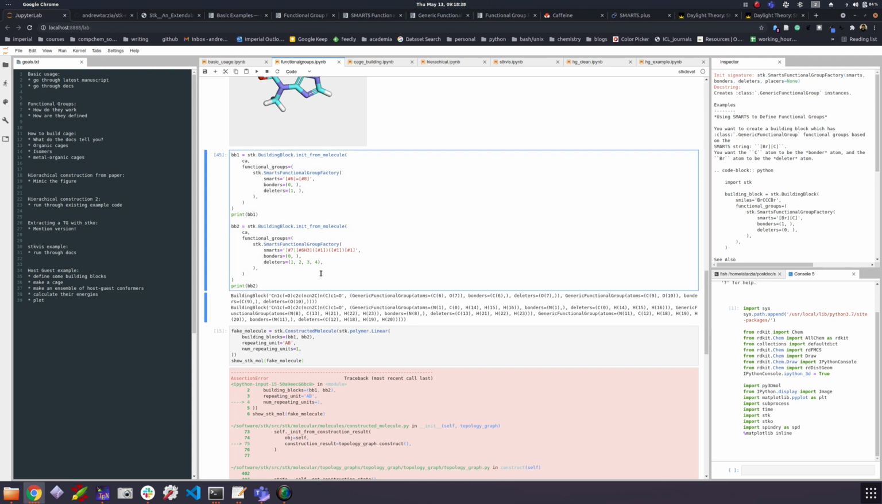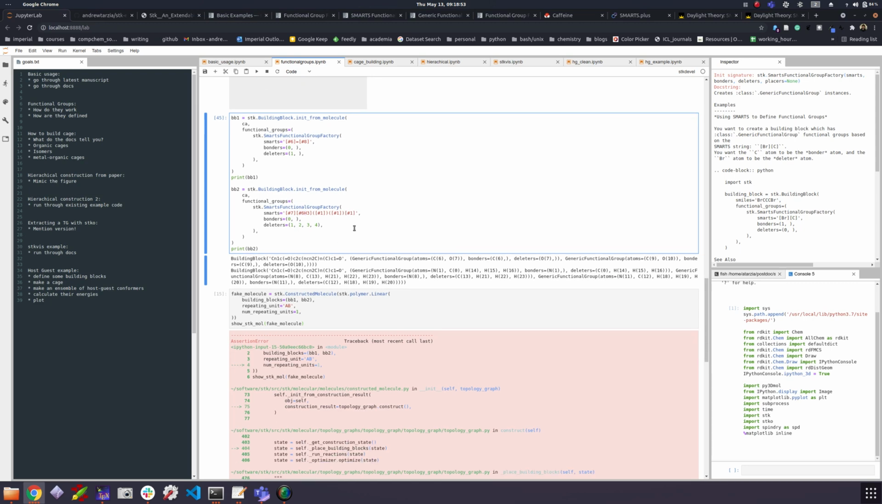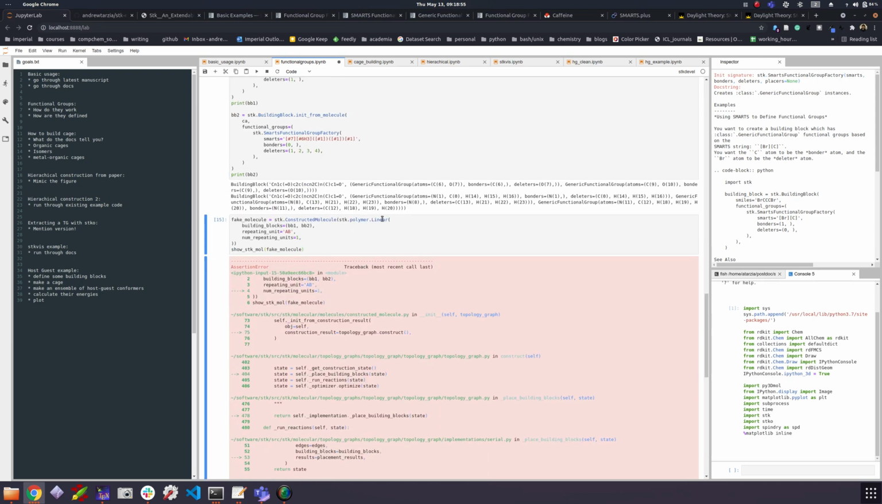We have the nitrogen atoms bonded to a carbon atom with 3 hydrogens, and then the 3 hydrogens. And they have the nitrogen atoms as the bonder, and then the deleters are the carbon and the 3 hydrogens. So that works. Cool. What you'll see is that when you have an abundance of functional groups, if you have